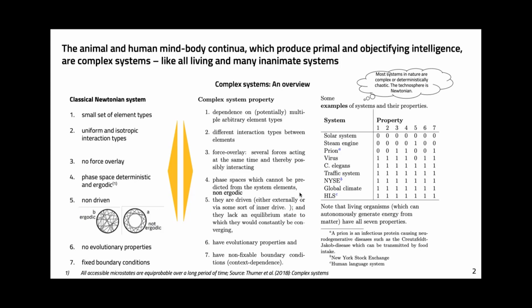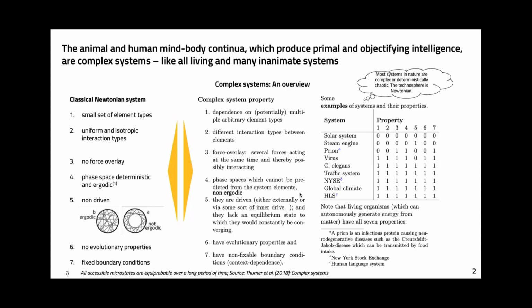So what is a complex system? Let's start with the Newtonian system. Newtonian systems are systems in which one can apply models of physics. They have become extended quite a bit in the 19th century with thermodynamics and statistical mechanics, and then another bit by quantum theory and also the general theory of relativity, but they still remain Newtonian systems.